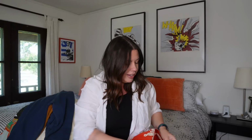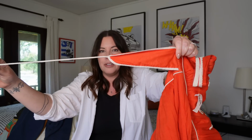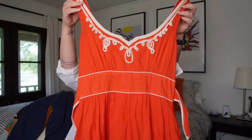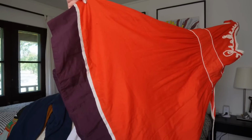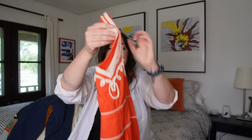And this little tie, I don't know if you can see this, but the tie is like a wide band and then it goes to like a little string. I just thought this was so cute. It is a size 6. I'll probably see 30 to 35 on this, maybe a little bit more, because again, I can use the retro keywords, rockabilly. This is just absolutely darling, and it is such great condition, and it's lightweight cotton, fully lined, so